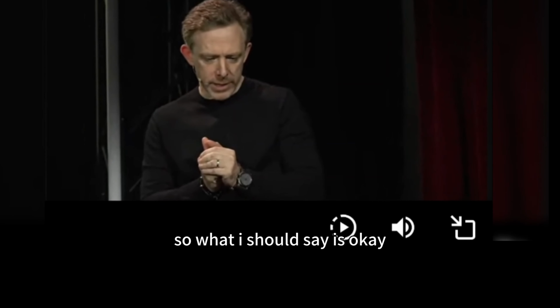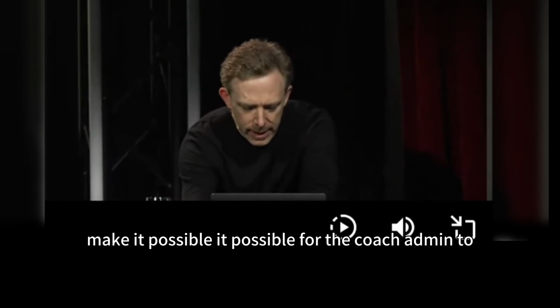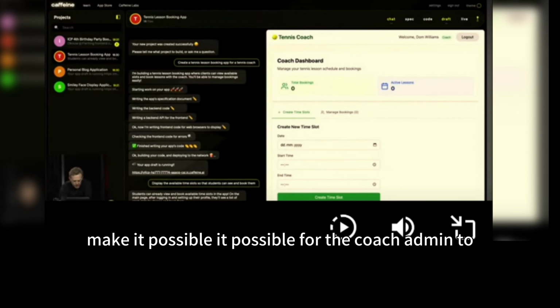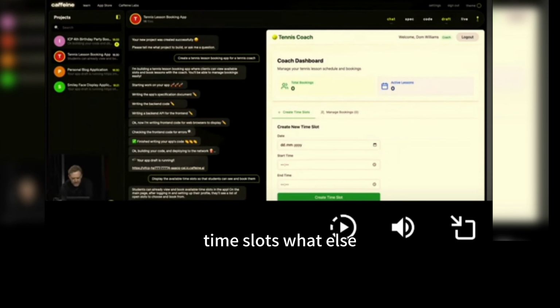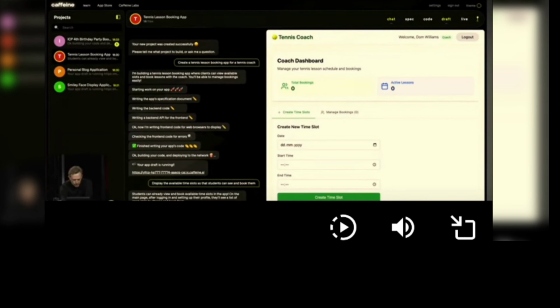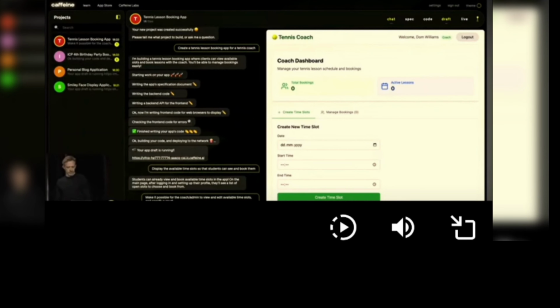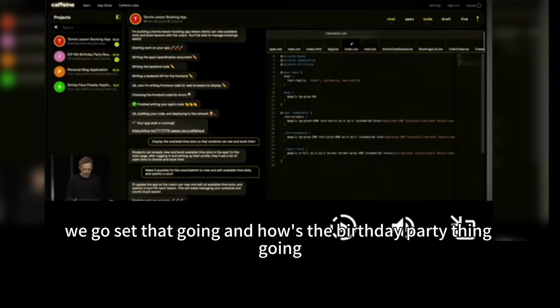So what I should say is, make it possible for the coach admin to view and edit available time slots. What else? Oh, and specify a court. There we go. Set that going.